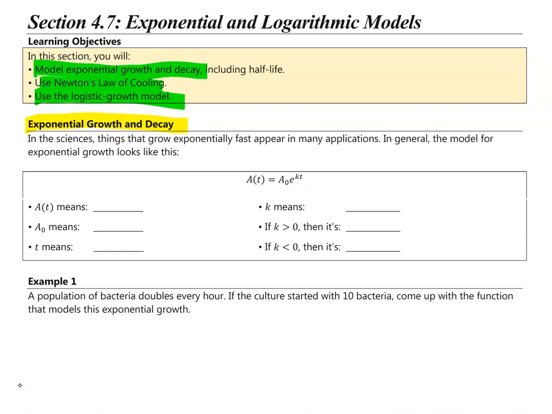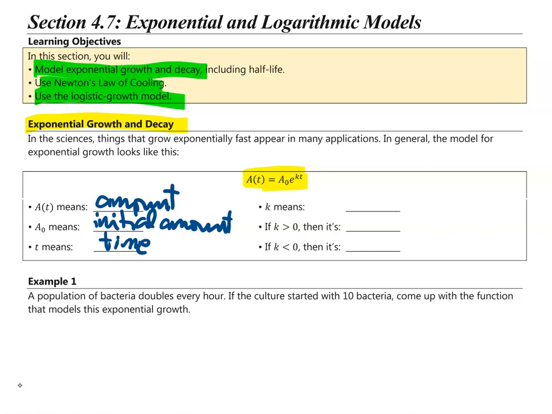In the sciences, things that grow exponentially fast appear in many applications. In general, the model for exponential growth looks like this. A of t is equal to a sub 0 e to the power of kt, and A of t means the amount, a sub 0 means the initial amount, and t means the time,